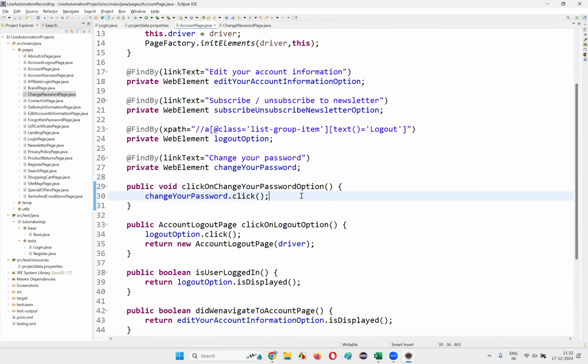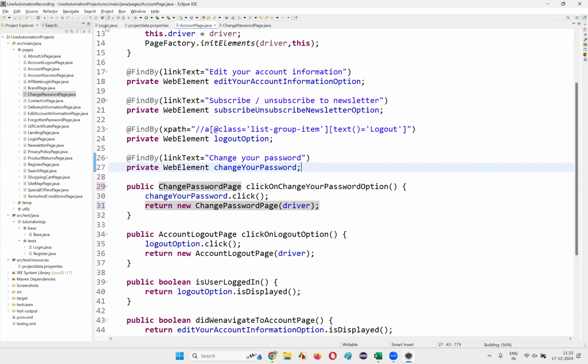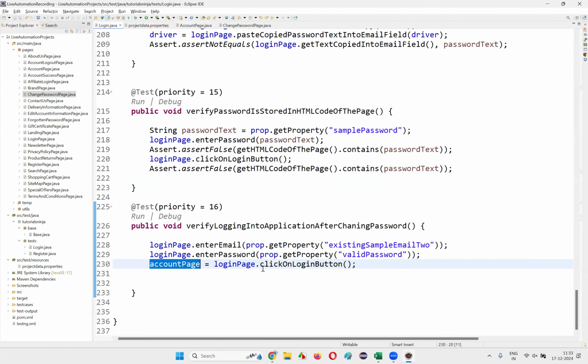And here, when you click on the change your password link, you need to return a new object for the ChangePasswordPage and pass the driver here. Pass the driver here, and the return type will be ChangePasswordPage. Okay, that's it. We have to do. Save this. Come back to the LoginTest.java, and here